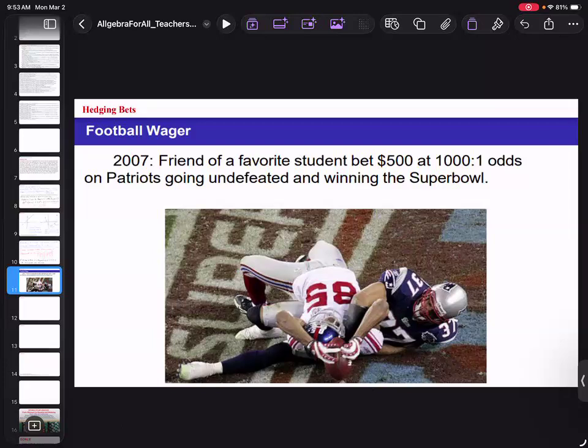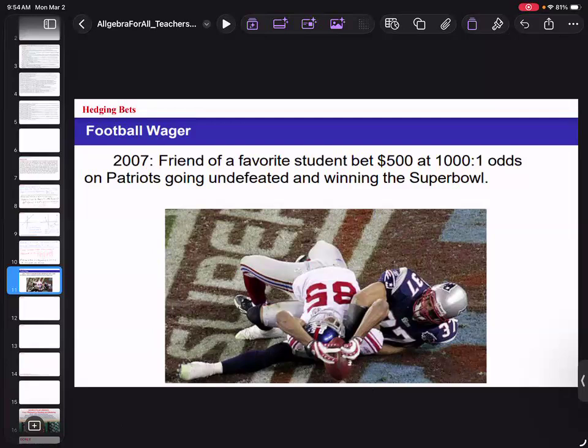A friend of one of my favorite students told me that he had a friend who put $500 on the Patriots to go undefeated and win the Super Bowl. And this was the season they were undefeated in the regular season and only lost in the Super Bowl by a very small amount. And it was 1,000-to-1 odds. So if he wins, he gets